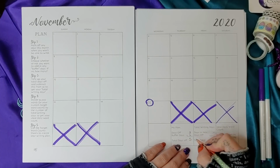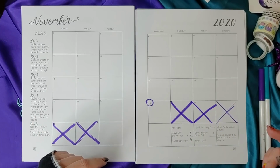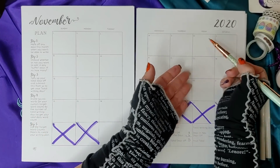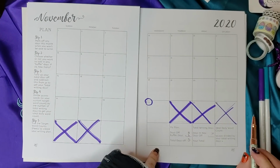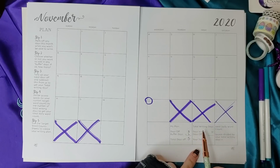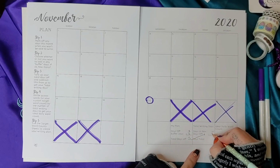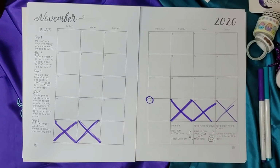So total days off now is I'm taking 5 days off. 3 of them are scheduled days off. 2 of them are buffer days built in. And if I end up taking it on November 6th and the 16th instead, that's fine. I just know I have to write these 2 days. Then the total writing days in November is starting with 30, but I'm taking 5 off. So I'm going to move this number over here and say 30 minus 5 means that my total writing days for the month